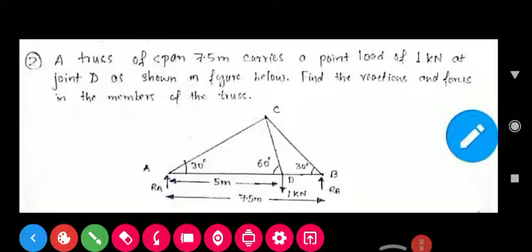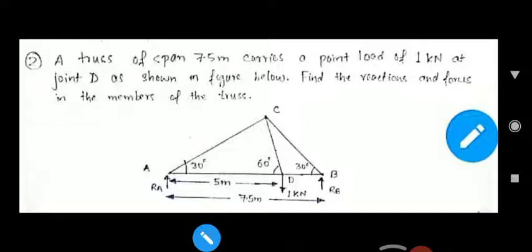So hello everyone again. As we have already dealt with the concepts of truss analysis, the method of sections and method of joints, so we have fully understood the concepts. Now we are going to apply the concept in some examples. Okay, so this example is